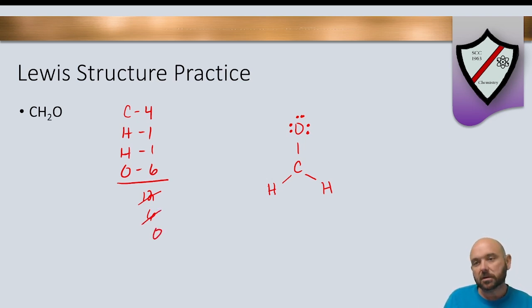Now I need to go and make sure everybody's octets are satisfied. The hydrogens are great with 1 bond. The oxygen does have 8 valence electrons. However, my carbon only has 6 valence electrons. So I need to move a lone pair, probably from the oxygen since it's the only one with lone pairs, down to another bond with the carbon in order to fix that and give carbon the full octet. And so the real structure for CH2O